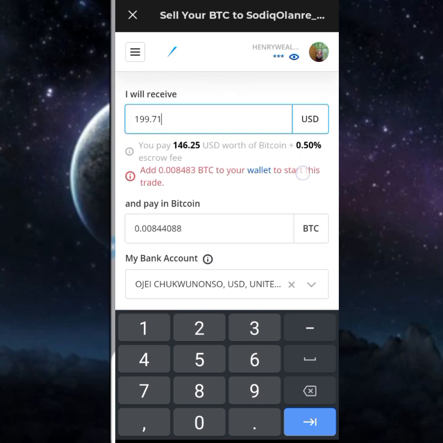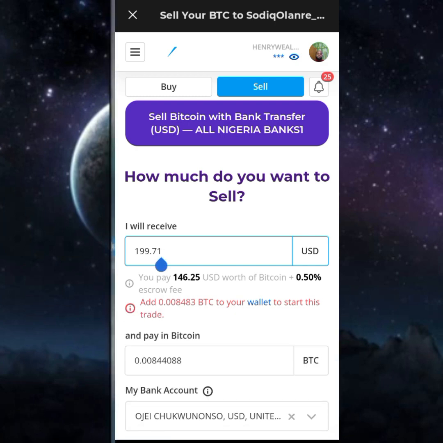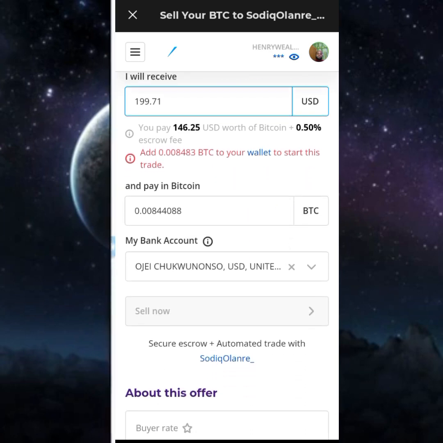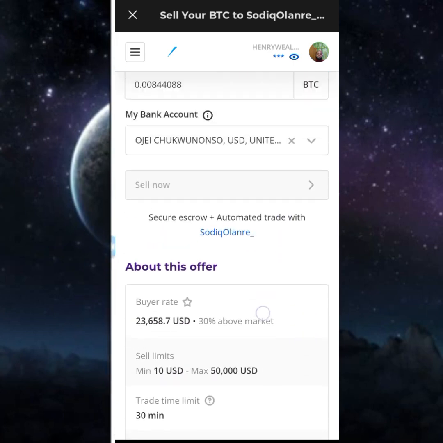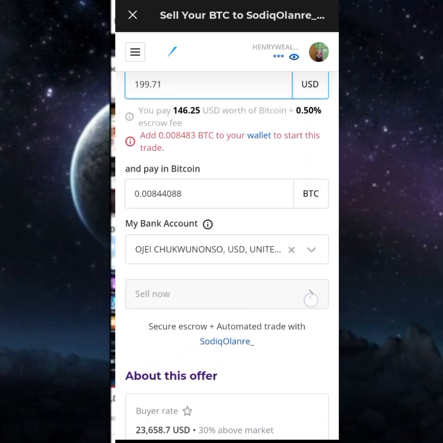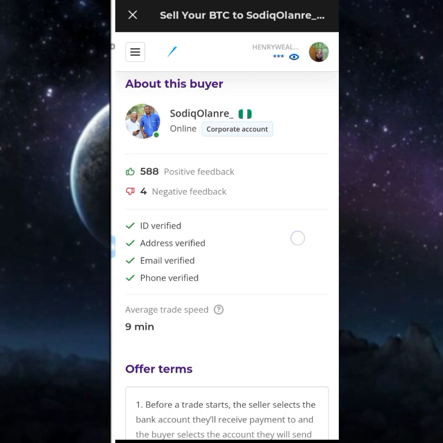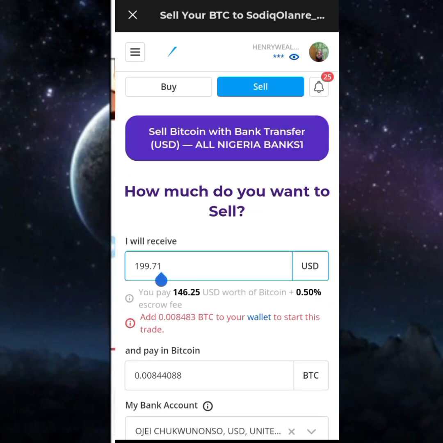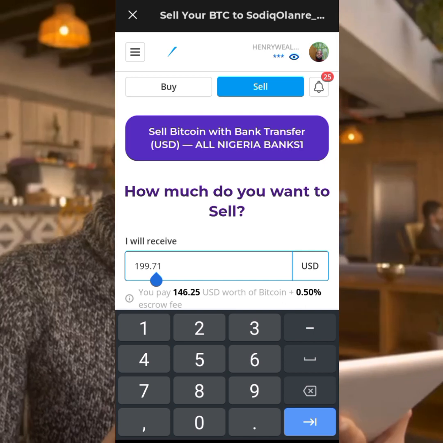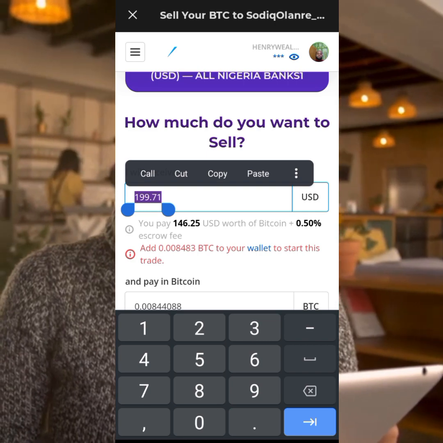So now how do we know what exactly this is? If we have to receive this into our bank, how do we know if we really make profit, if we have to trade this way? To get dollars, you click here on sell, and you provide your dollar account for this guy, and he is going to credit your dollar account. He is a verified merchant, and he has a good rating. So now let's say this guy has sent this amount. Let me check how much you're going to receive in your bank out of the 100,000 naira you traded with. I just want to try to copy this, but okay.